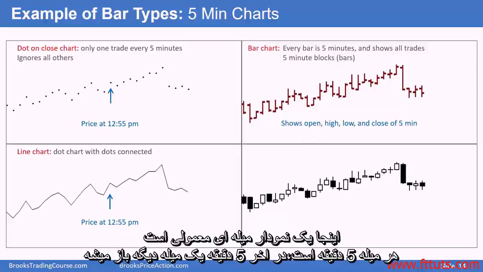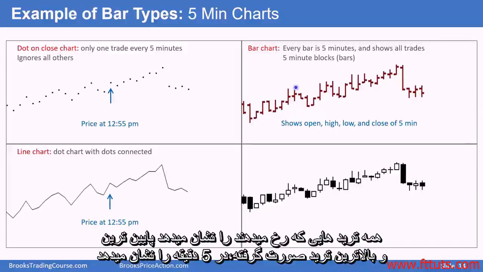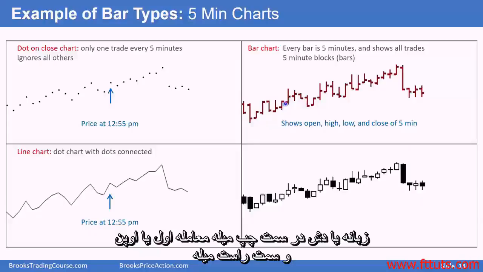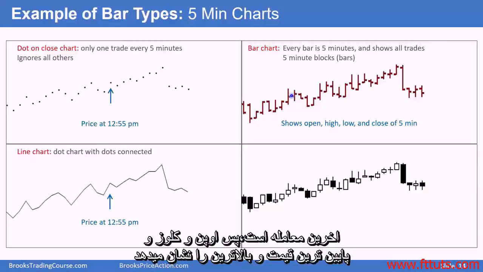Here's a traditional bar chart. Every bar is 5 minutes. At the end of 5 minutes, another bar begins. It shows all the trades that took place. It shows the lowest trade that took place during the 5 minutes, the highest trade that took place during the 5 minutes. The left dash on the side of the bar is the first trade, and on the right side of the bar, that dash is the final trade. So it shows the open of the bar, the lowest trade during the 5 minutes, the highest trade,